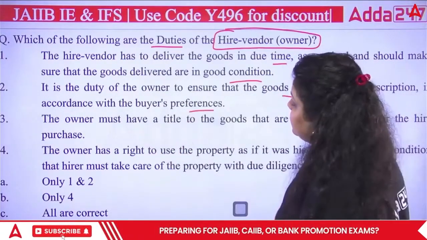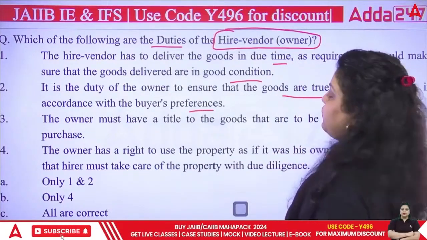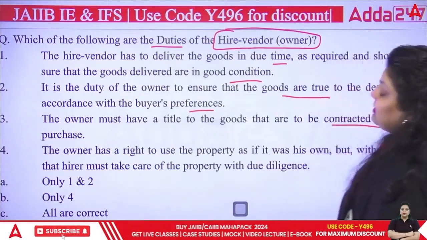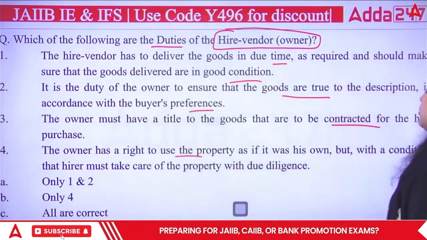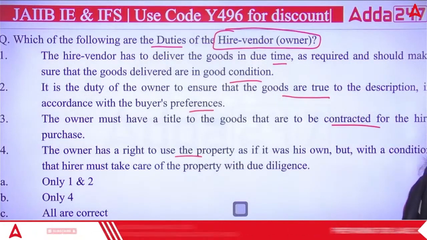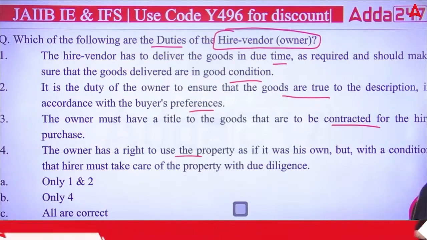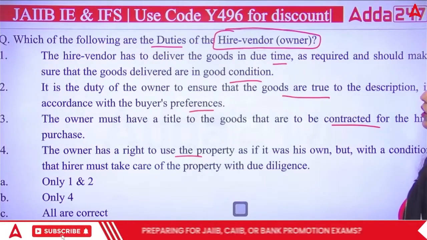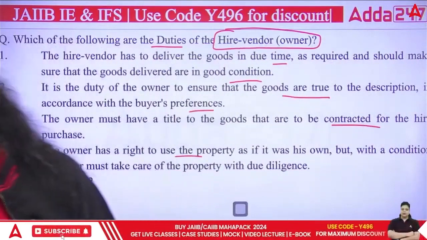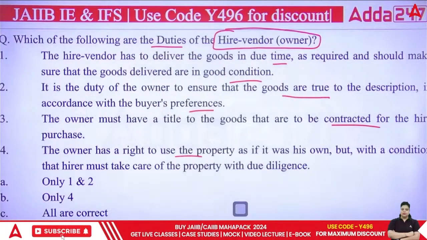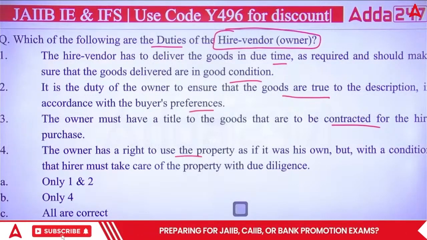Okay. Third is saying the owner must have a title to the goods that are to be contracted for the hire purchase. Fourth is saying the owner has the right to use the property as if it was his own, but with a condition that the hirer must take care of the property with due diligence. So which of the following are the duties of the hire vendor, that's the owner of the property? And the right answer here will be